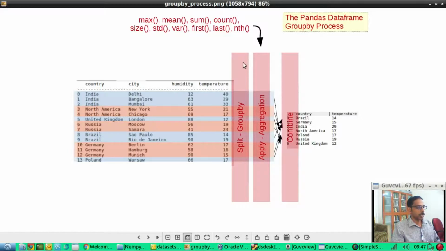So here in this illustration, the split is the first step. This is when we call the groupby function. Then it applies the aggregation function. We have a set of aggregation functions that we can use on a Pandas data frame. I have listed only a few of them here: min, max, mean, standard deviation, variance. All these are aggregation functions. And then finally it combines all of them together to give us the result. So this is the final result if you are taking a min of temperatures. So now if you go back to our notebook,